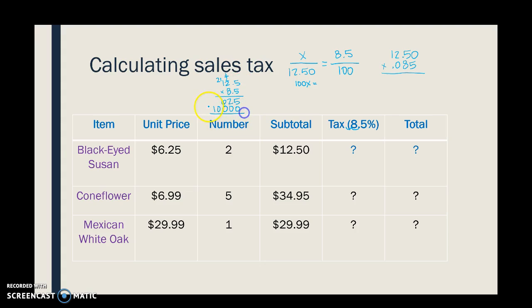Oh, sorry, add first, 5, 2, 6, 0, 1, 2 numbers to the right of the decimal place,